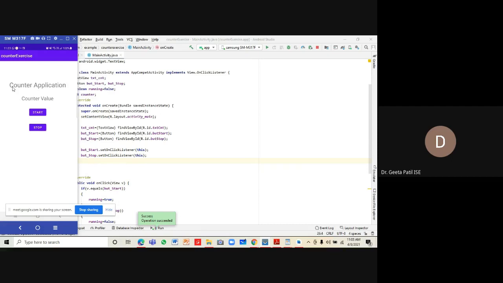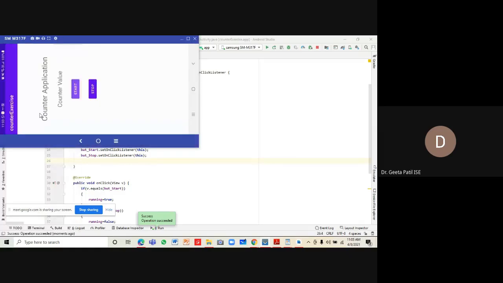Now you can see the application is installed on my phone. I just click on the start button. When I click on the start button, you can see that nothing is happening over here. Nothing is changed. I just click on stop.